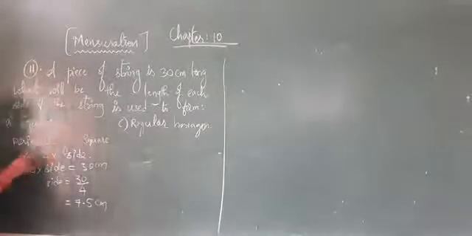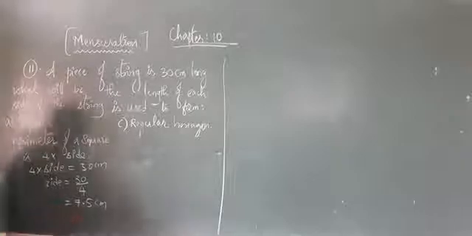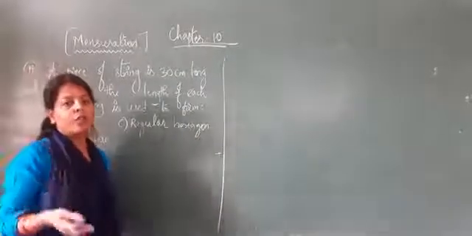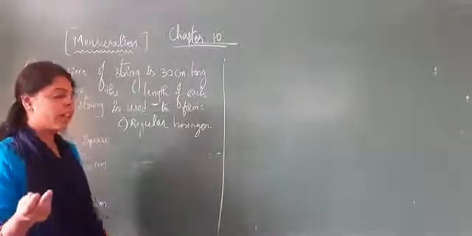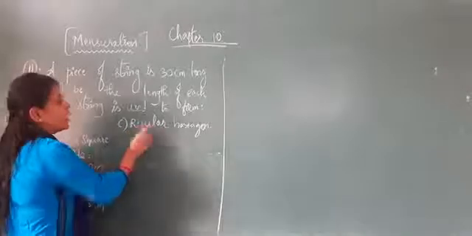So the perimeter of the square is 30 centimeter, and you came to know that each side is 7.5 centimeter. Whatever is given with the equilateral triangle, you can do it on your own, because you already know the equilateral triangle formula. Already I gave you. So now I will take it as a regular hexagon.